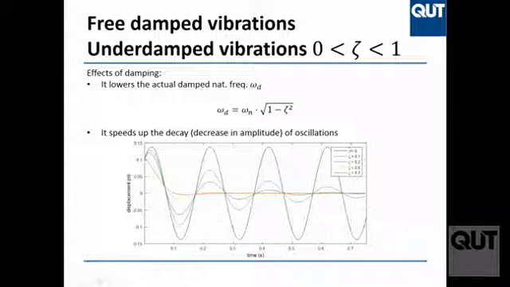Now, with zeta equal to 0, what do I have? I have undamped vibration. The black one lives forever. It's a sine wave. With a zeta of 0.1, actually not so tiny, the blue one is already decaying quite fast. But it's still vibrating, obviously, because zeta is less than 1. As I go up with the damping, the vibration dies quicker and quicker, until for zeta equal to 1, it doesn't vibrate at all. Already at 0.7, you see, it does one cycle and it's done, basically.